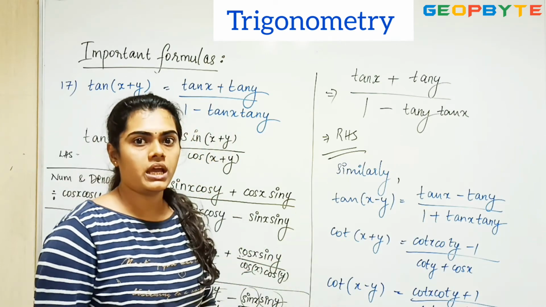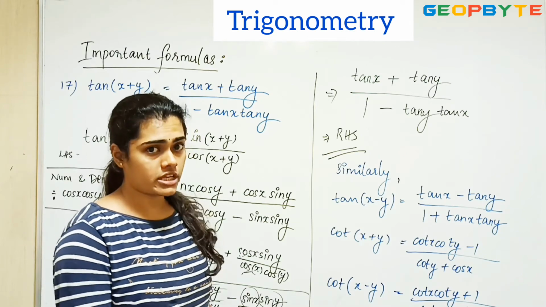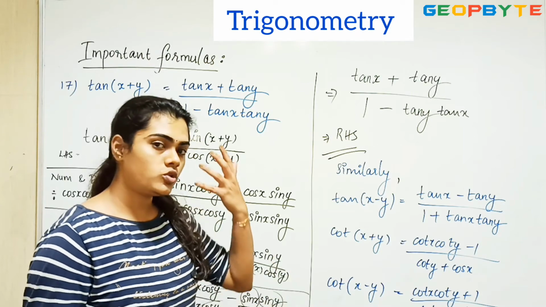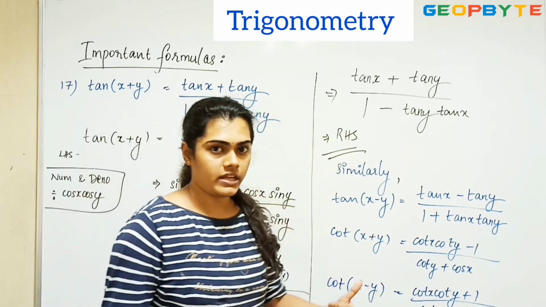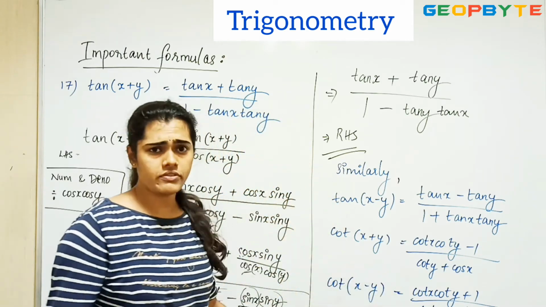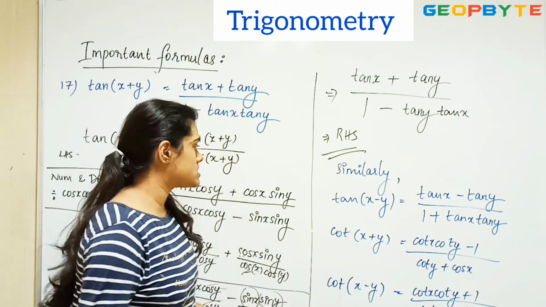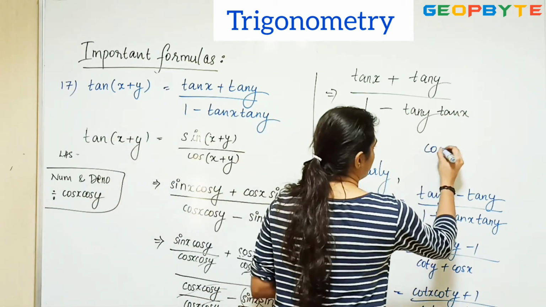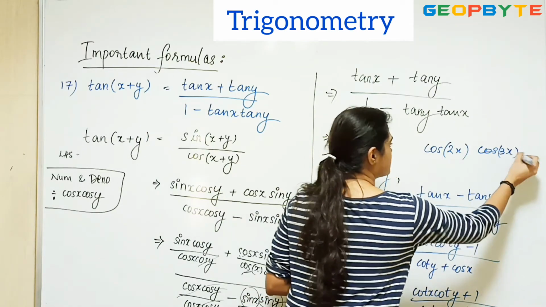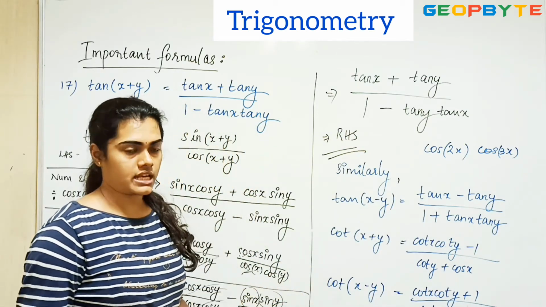So if you keep that and solve the problems, it will be easy for you to check, and slowly you will get these formulas by heart very easily if you start solving the problems. These are very important. So similarly, this is for a single angle. Now we have double angles. When it comes to cos of 2x, cos of 3x, something like that, how you will solve it and how you can change it, there are certain formulas for that also.